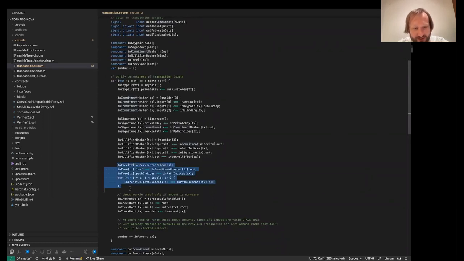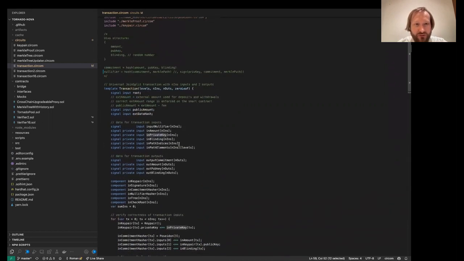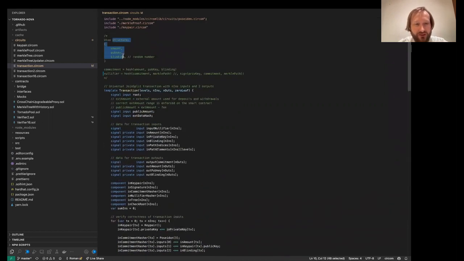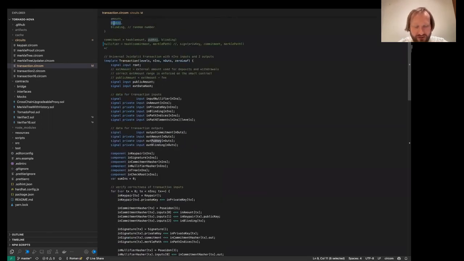We check that the commitment is present in the Merkle tree, so it's actually live in the Merkle tree in the contract. We also check that it is signed correctly, with some private key. Our UTXO contains a public key, and we need some proof that whoever wants to spend it owns the private key to this public one.